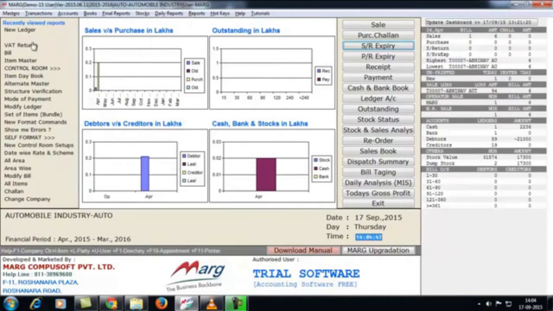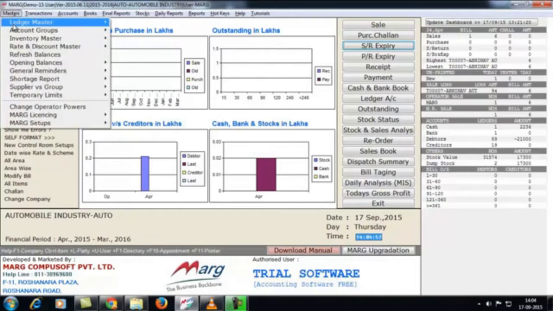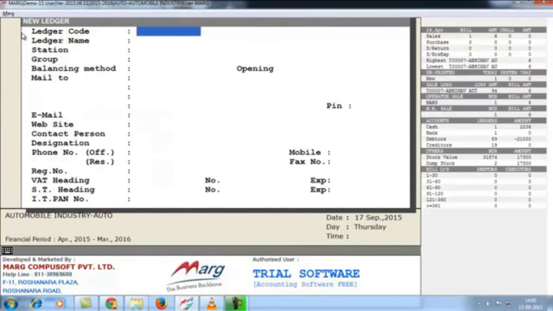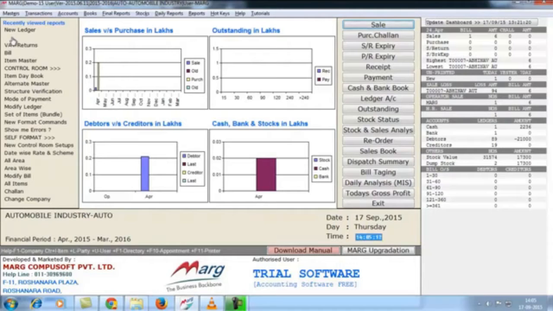For example, now we created a new ledger. So if you again want to create a new ledger, you won't have to switch to the menu bar or search it in the software. You can simply find that option here itself and click here. So again, you will be able to use this option. Means through this option, you won't have to surf much in the menu bar. If you have used an option before and again you want to use it, you can simply select that option from here itself to use it.